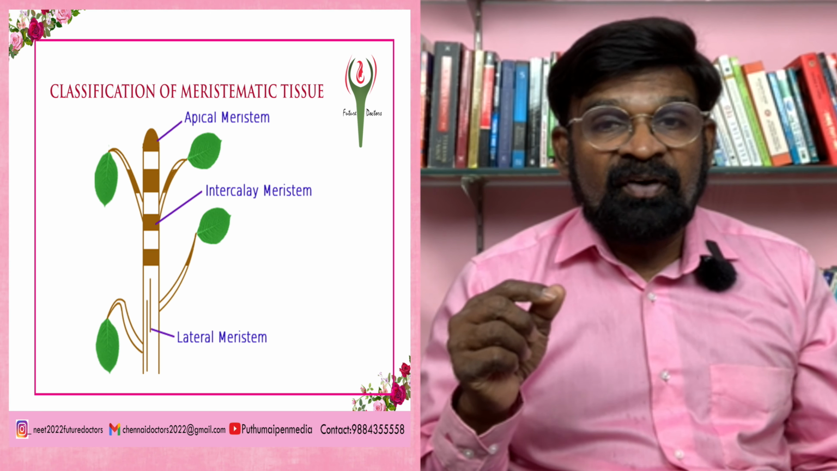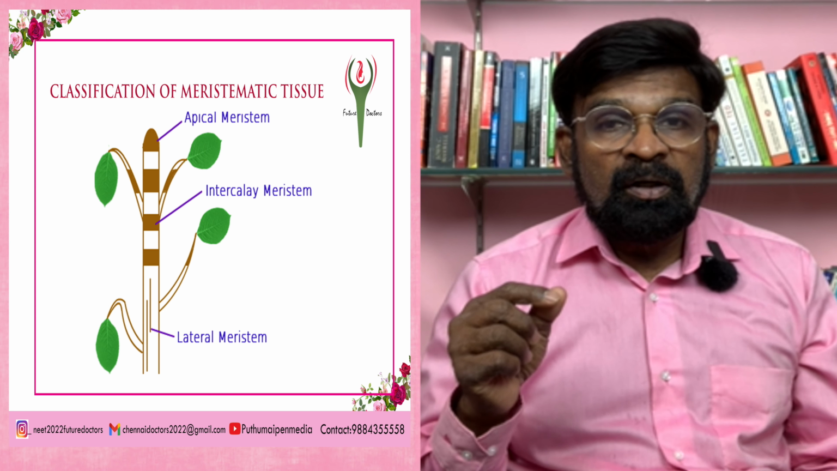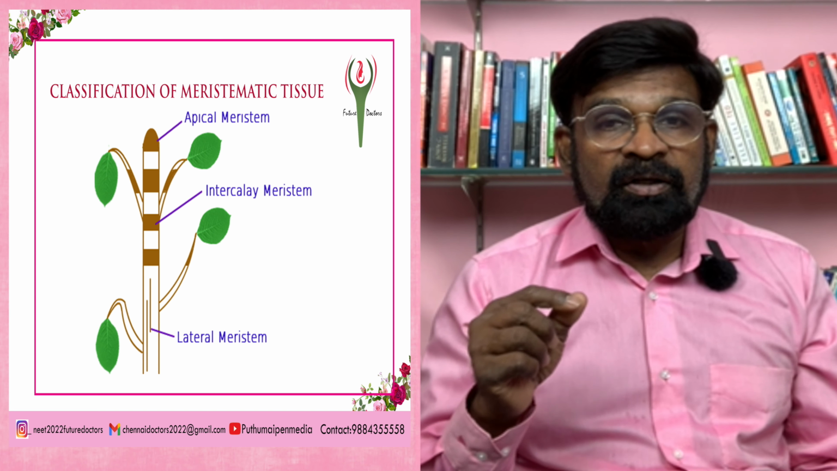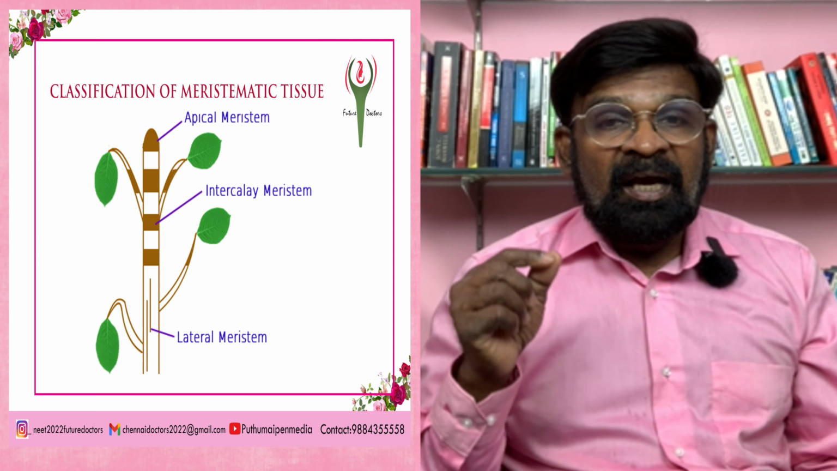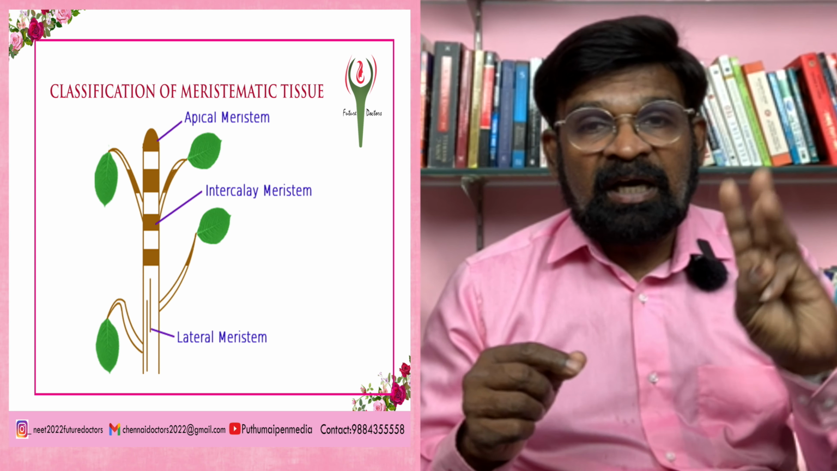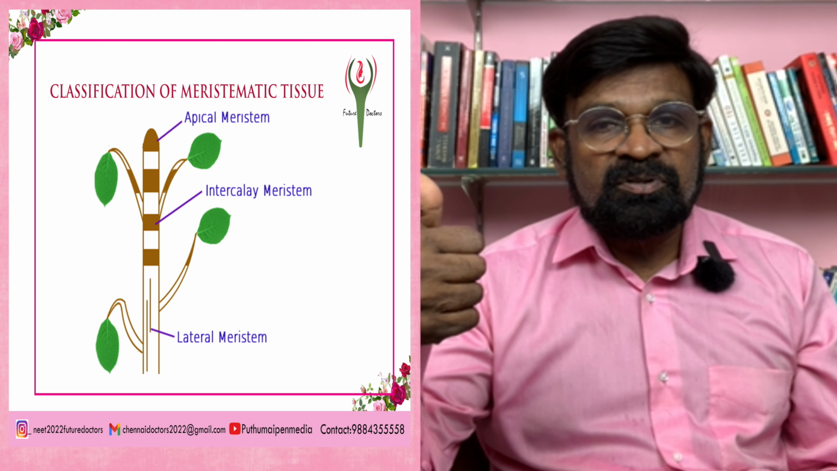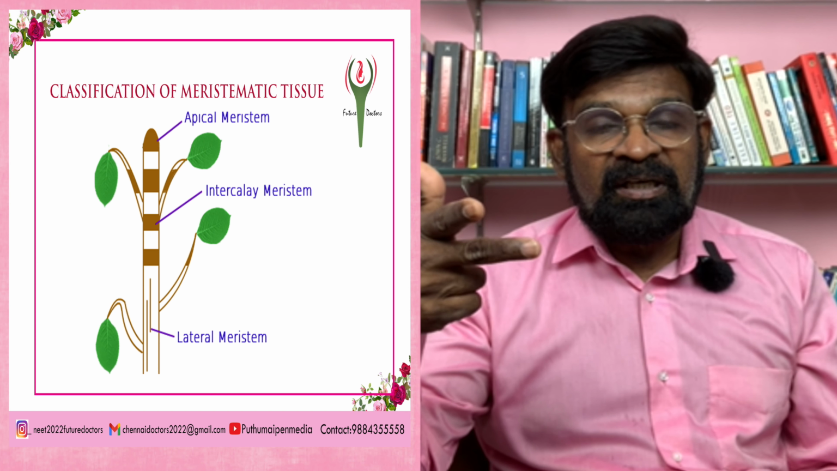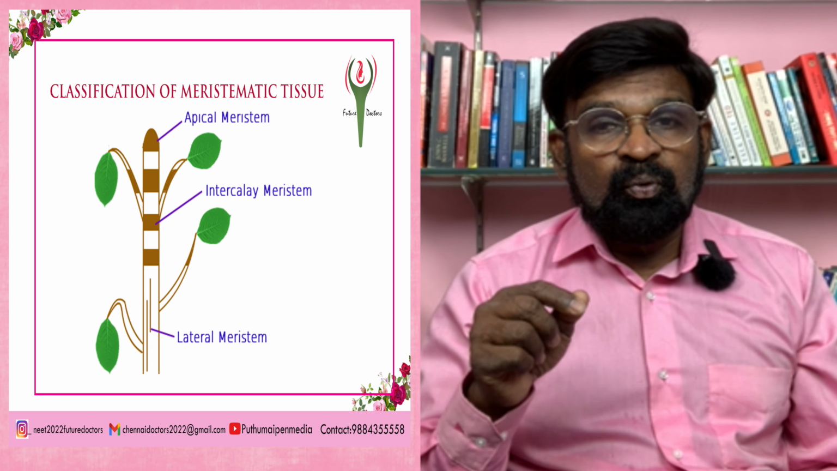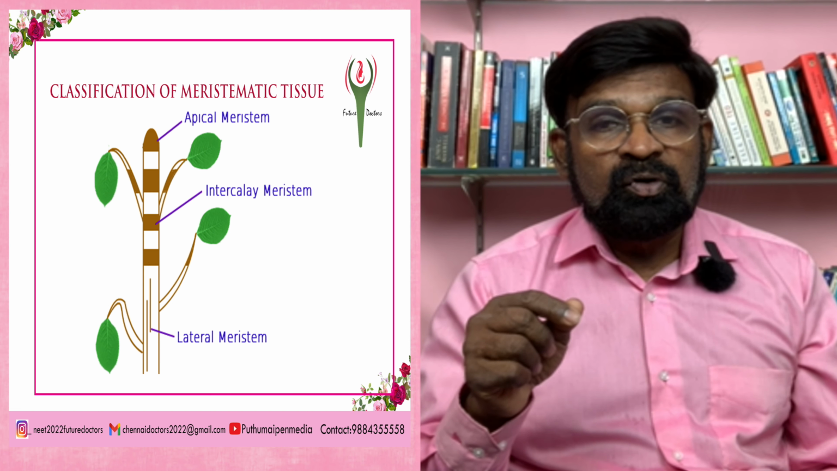Meristem can be classified based on their position in the plant body, function and origin. Classification based on position: meristems are divided into three types. Number 1, apical meristems. Number 2, intercalary meristems. Number 3, lateral meristems. The meristem which occurs at the tip of the root and shoots to produce primary tissues is called